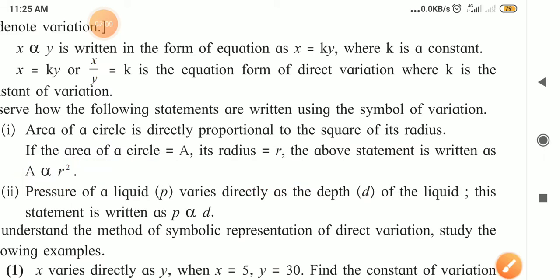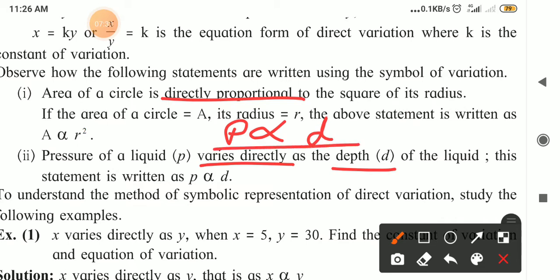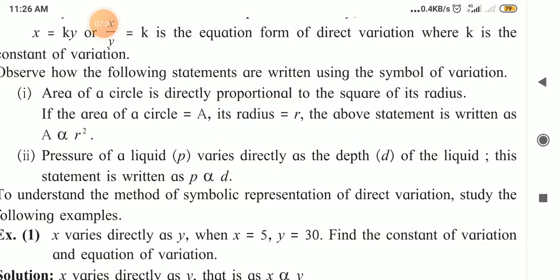Now the second example: pressure, that is P, varies directly, meaning only direct variation. Varies directly or direct variation. Sometimes they tell you direct proportion, direct variation, varies directly. These words all mean the same. So whenever you are watching videos, if such a type of statement comes, just note it down, its meaning is the same. The pressure of the liquid varies directly as the depth of the liquid, D for depth of the liquid. So P is directly proportional to, or varies directly with, D. That is the mathematical formula. In this way we have to write it.